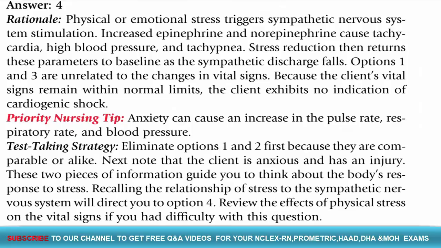Answer 4. Rationale. Physical or emotional stress triggers sympathetic nervous system stimulation. Increased epinephrine and norepinephrine cause tachycardia, high blood pressure, and tachypnea. Stress reduction then returns these parameters to baseline as the sympathetic discharge falls. Options 1 and 3 are unrelated to the changes in vital signs. Because the client's vital signs remain within normal limits, the client exhibits no indication of cardiogenic